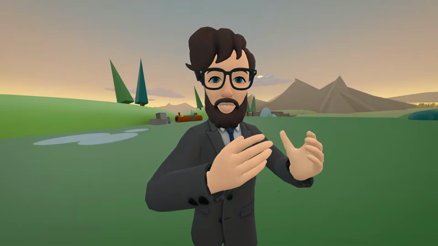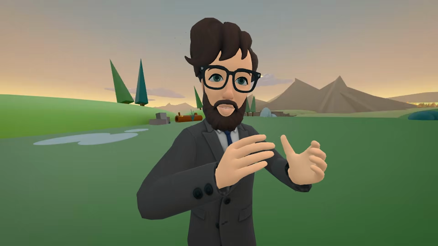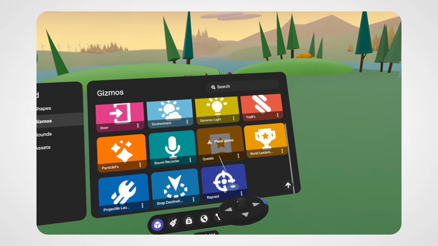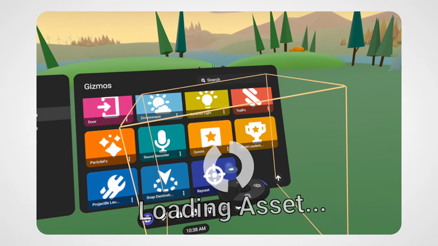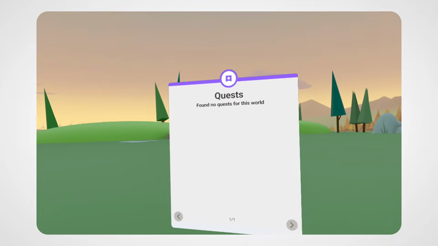Now, if you remember from my previous lesson, there's a couple different gizmos in Horizon Worlds that we didn't cover in my last video because they required the use of scripting. So let's go over those quickly right now. Quests and leaderboards are both simple to use. If I drag those gizmos into the world, you'll see that they're actually just UI panels that display information for